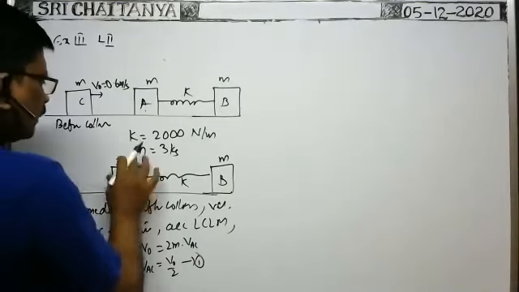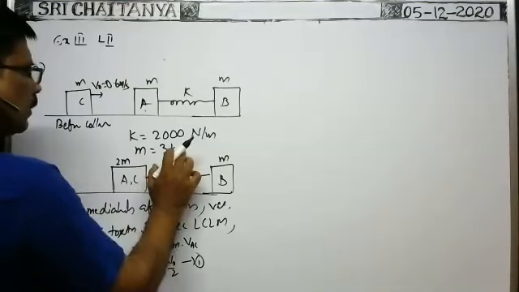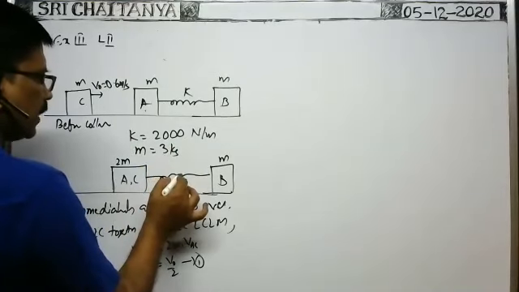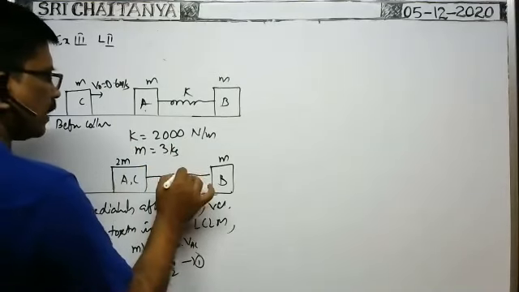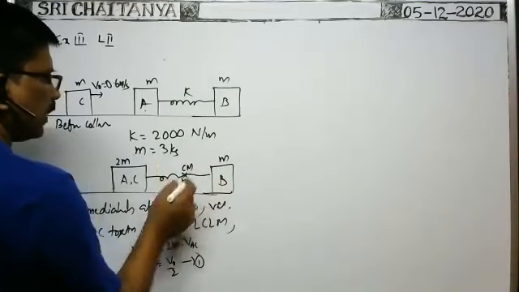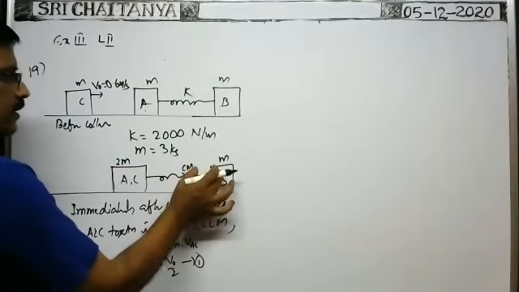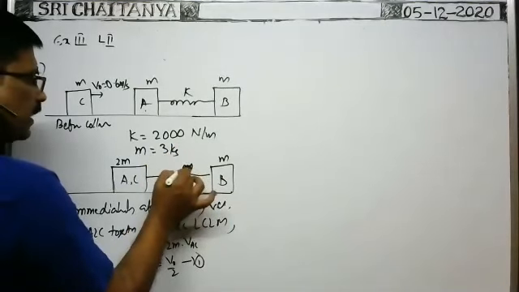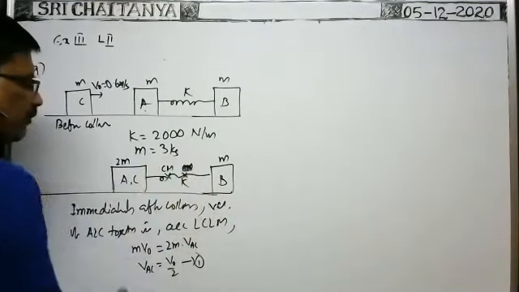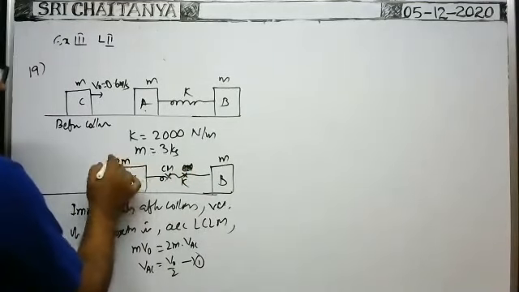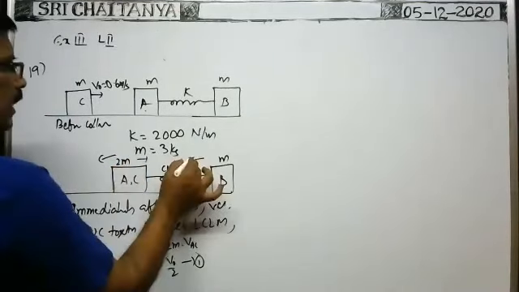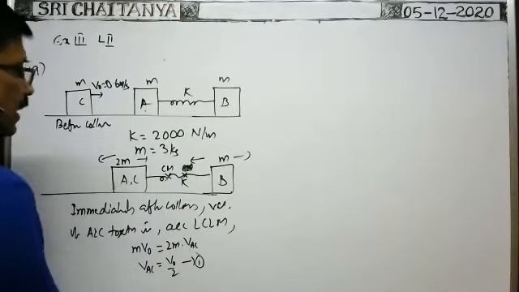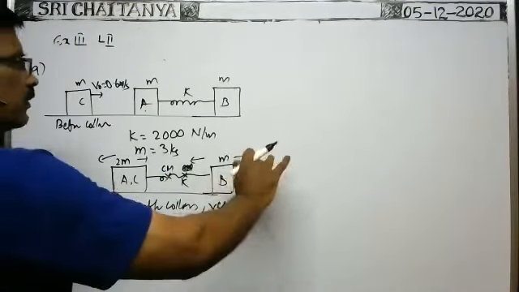So now this block starts motion with common velocity, and there is a velocity of the center of mass. The center of mass of these two blocks lies somewhere here, because here mass is more, here mass is less. That's why the center of mass is nearer to the more mass. So about the center of mass, these two blocks execute simple harmonic oscillations like this, and at the same time the center of mass travels in the forward direction.